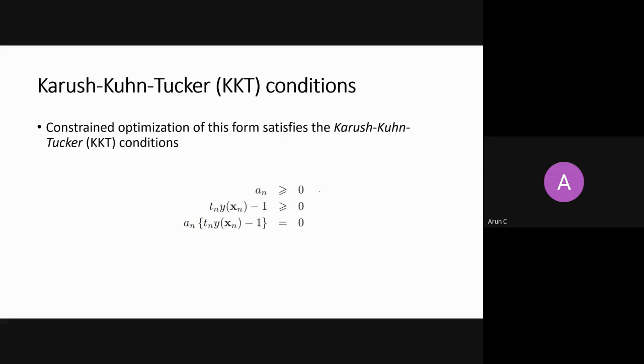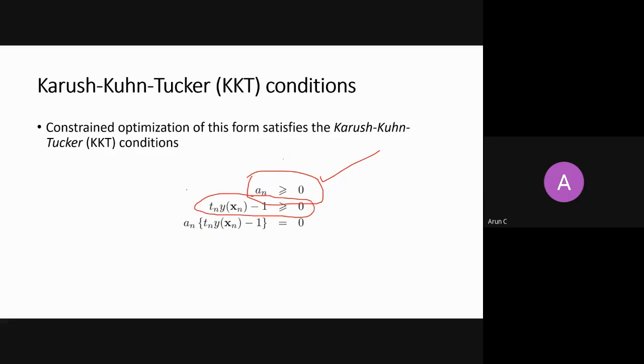You are at the verge of now getting to know support vector machines, which are known to be a very hard problem in the machine learning field. I feel this will make quite a lot of sense to you from today onwards. So these are the KKT conditions. As I told you in my first lecture, on the first slide, the Lagrangian multiplier should always be greater than or equal to 0. There is a reason for that. Then we said that constraints should be satisfied.